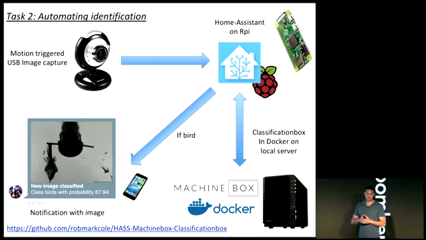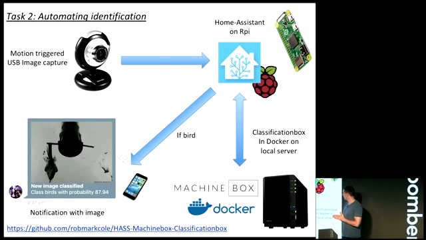I'm actually running on a Synology. That would perform the classification and then return the result to Home Assistant. Home Assistant then, I have an automation which says, if the chance that there's a bird in the image is greater than 80%, send me that image. So that's what happens. If there's a bird in the image, it posts the photo to my phone with a notification. This is quite a funky image.